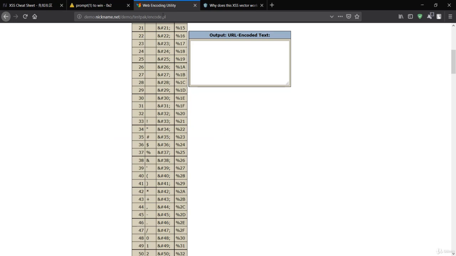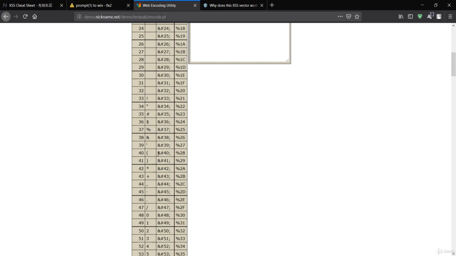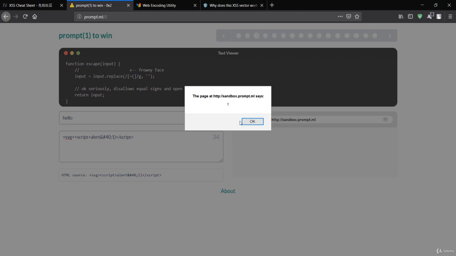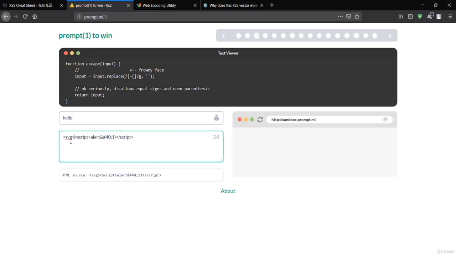I have this website here, the web encoding utility. For the opening parenthesis, you have this encoding. Let me take all of this and paste it instead of this opening parenthesis. But you can see that instead of executing the alert or the prompt message, it has reflected the plain message over here. If you get the plain message, then you have to use an SVG vector. You can see that when I type SVG here, it gives us a prompt. You would wonder why this SVG has been used.